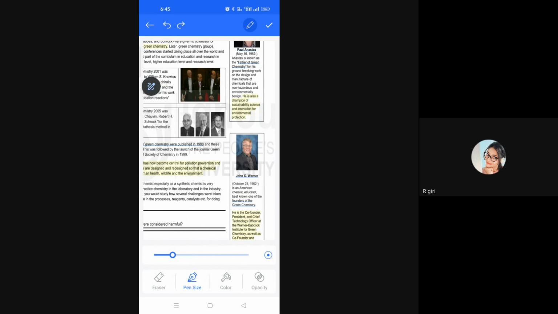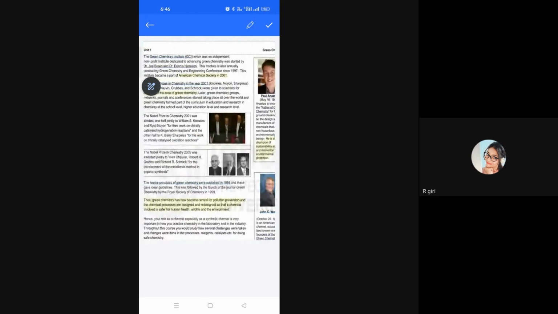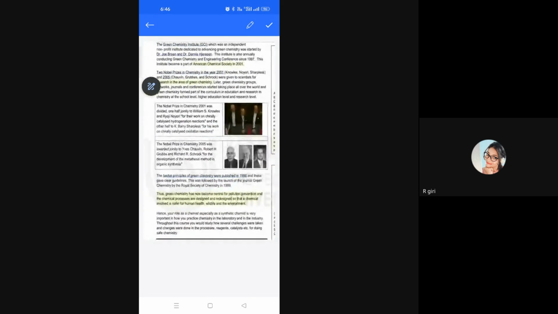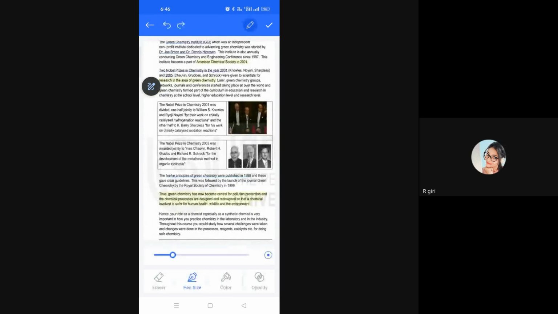Okay, from your side. In 1990, Paul Anastas and Warner together gave the 12 principles of green chemistry. The 12 principles are nothing but the guidelines by means of which we can develop different chemicals by obeying several principles. That is known as the 12 principles. Later on we will read them. I am just telling something regarding this.